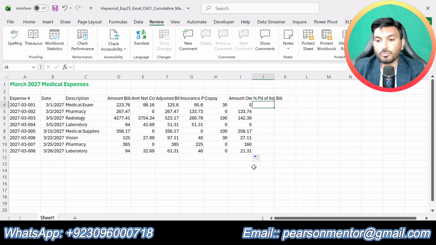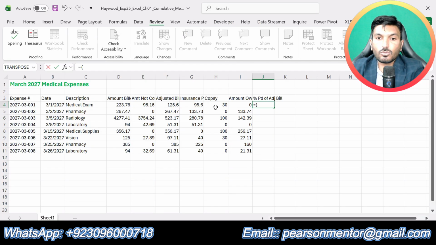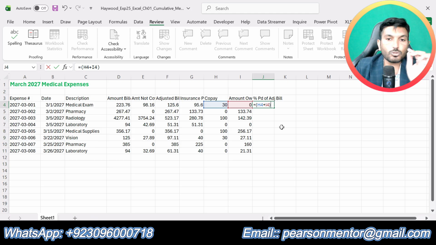So first we are supposed to add the copay H4 plus amount owed I4. So we are supposed to add these two, copay plus amount owed.